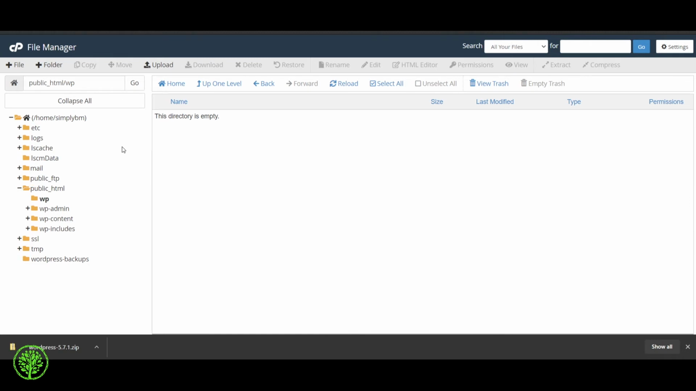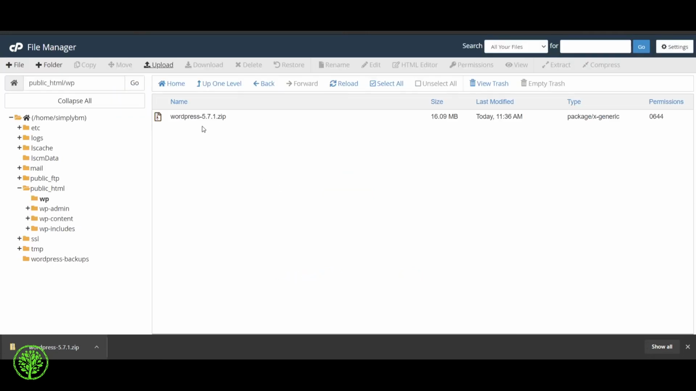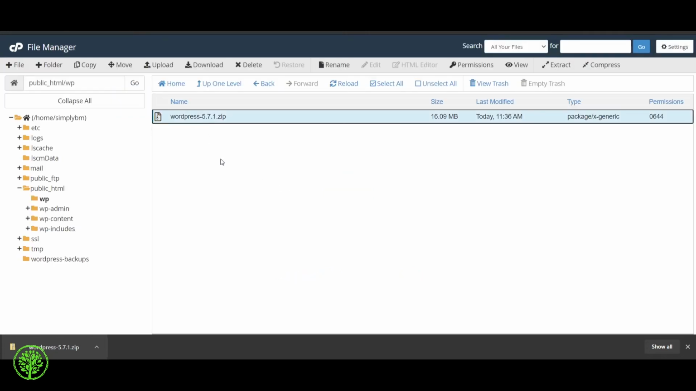So navigate to the folder where you want WordPress installed. If it is your main site, again, directly in your public_html folder. We're going to hit the upload button, and we will need to drag the file that we've just downloaded in the bottom left here and drag it onto where it says drop files here to start uploading. Great, once we hit 100%, we can click go back,